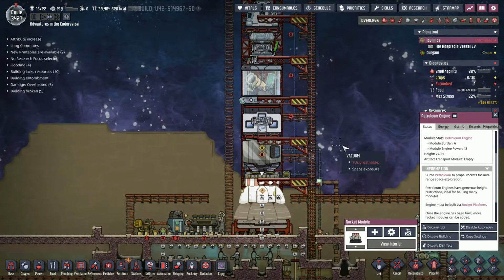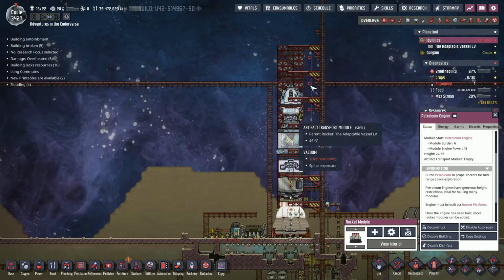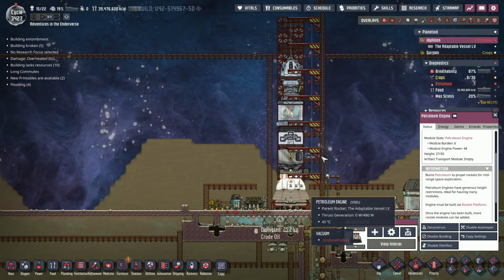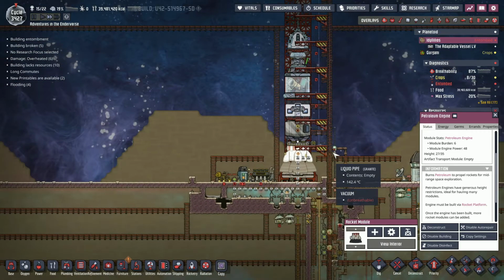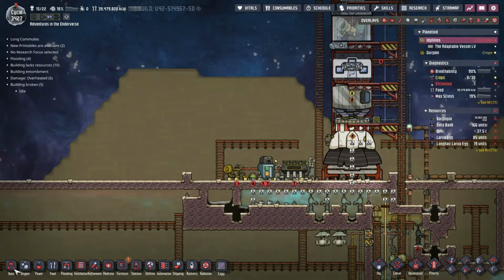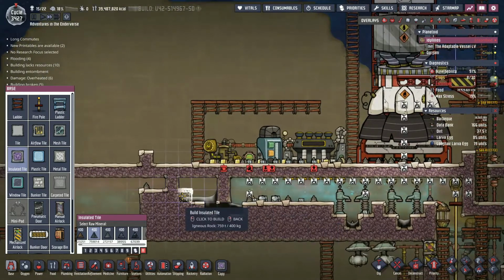Still a couple things I want to add to it. I want to have storage for items that we pick up in space. That'll be the next thing I work on. We're getting pretty close to the top height of our rocket, though, so may have to mess around to get it just right. This area we're slowly sealing off so that it is...